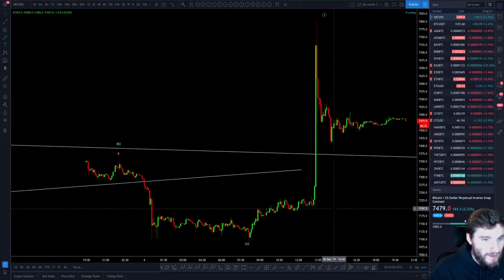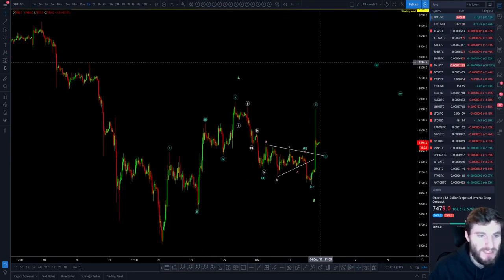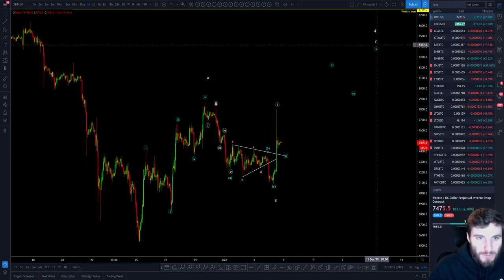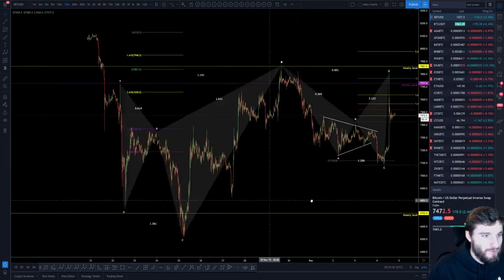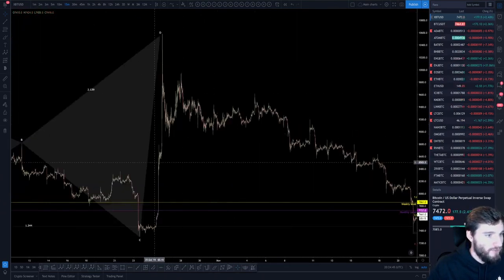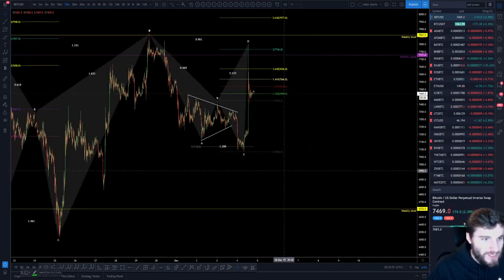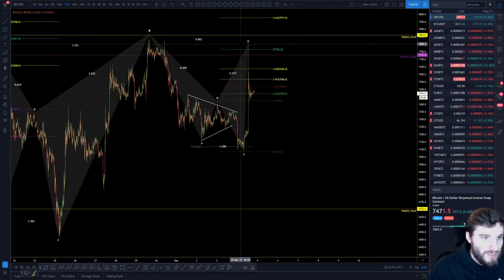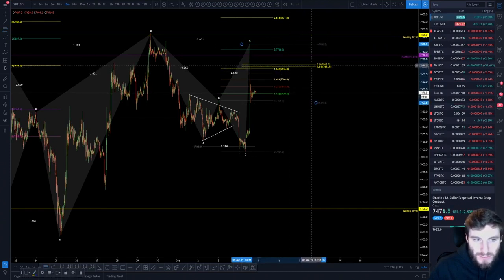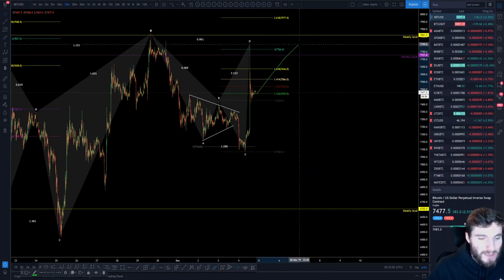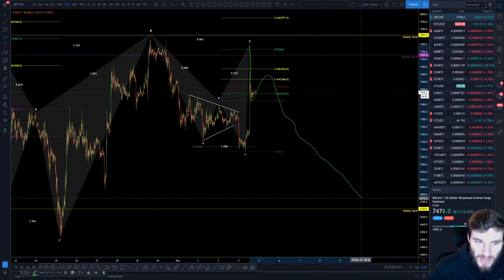And I will cover this count now. Essentially there's two ways to count this. It's still up in the air whether this moves up to higher levels and we put in a C, or whether we just head down from here. If we're looking at it as a fractal of what happened last time, with this big rise out of nowhere that just gave it all back, and that happens again, then very simply, price really should not get above 7,650. If it gets back above there, then it's much different than the last fractal, but unless that happens, we will just expect this to fizzle out, if I'm honest.